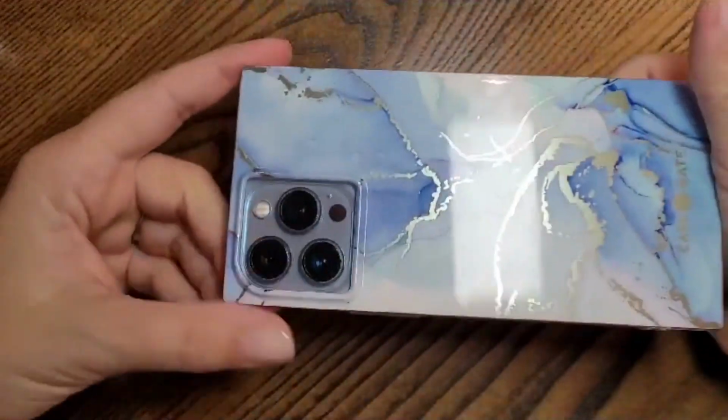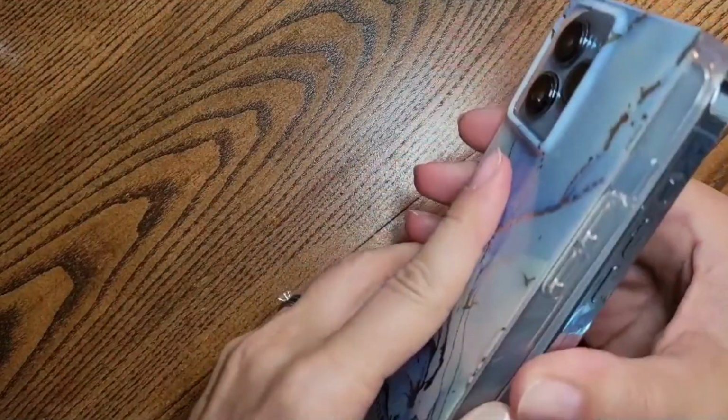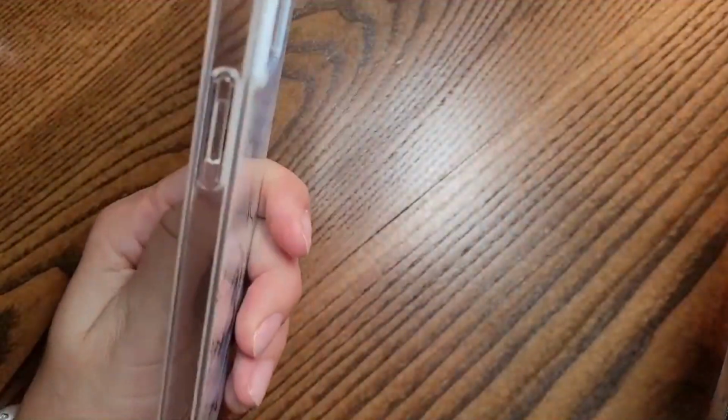Did you know that you could have a protective phone case that is also a work of art? So my phone is probably the most important thing I carry on me, and I definitely need to protect it, but I also want it to look as good as it works. And this case from Case Mate, it's a BLOX square in the glacier marble, and I am totally in love